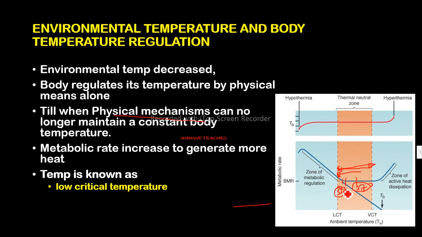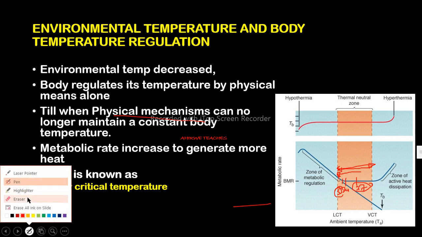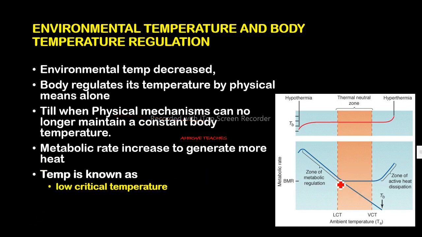The physical mechanisms are enough to insulate the body to prevent it from excessive loss of heat. But now that temperature where the physical barriers can no longer maintain, this one here, now that's what we call